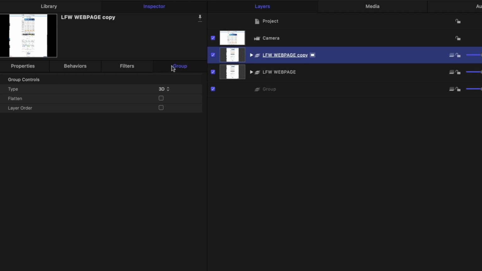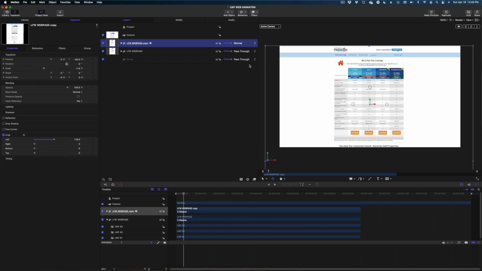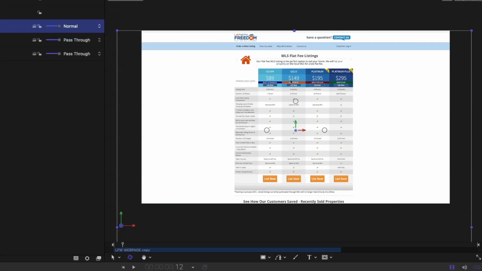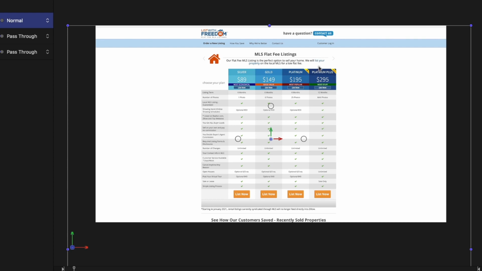Up here, I want you to be selected on group in the right of the inspector window at the top. And we're going to check flatten and layer order. That's going to be really important for us. So I want to focus on these 4 plans that List with Freedom offers, and I want to isolate them